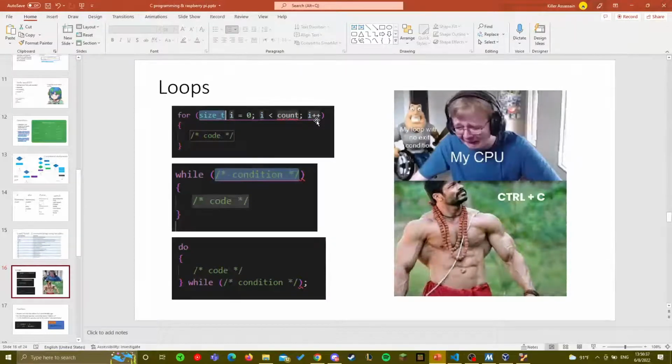We might do some kind of funky loop wrangling, or we might do it in another way. While loops are essentially the same thing, except that while checks first. So if the condition is not true first, then it won't do anything. But do while, it'll do whatever's in do, and then it'll check the while afterwards.